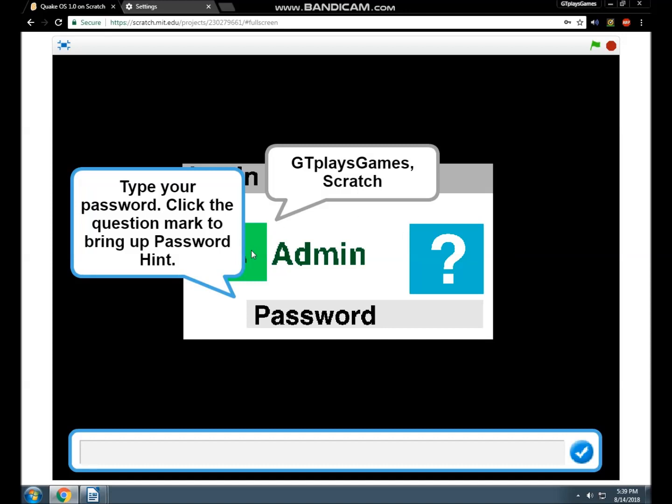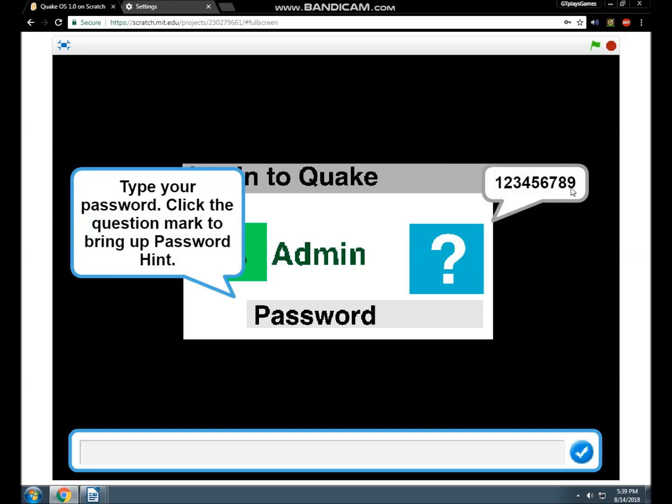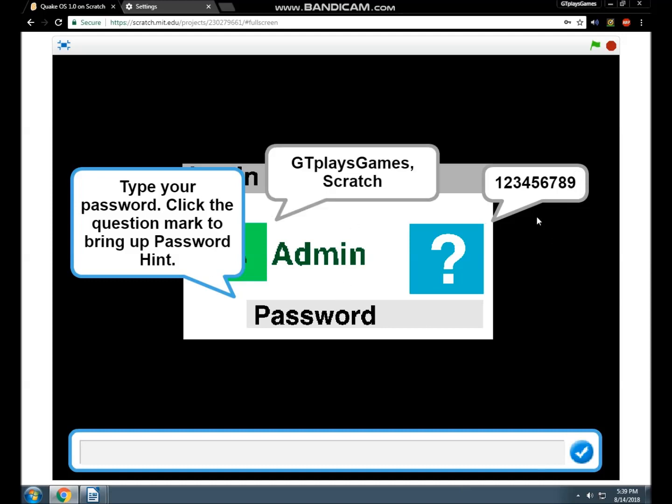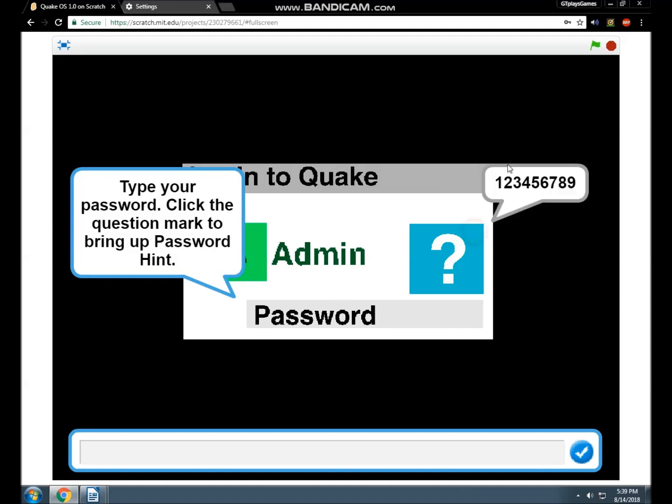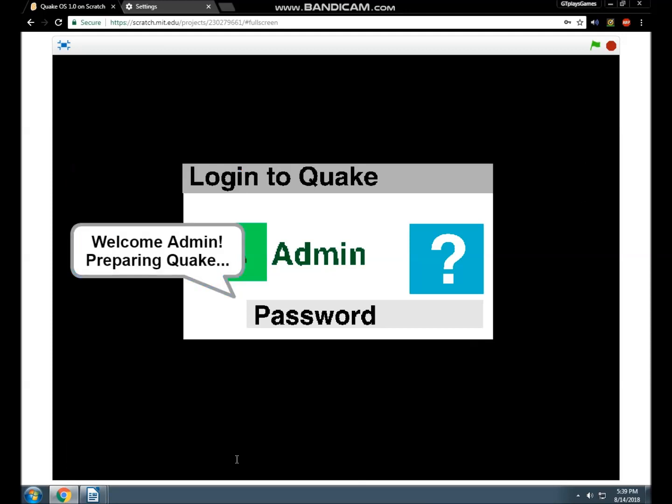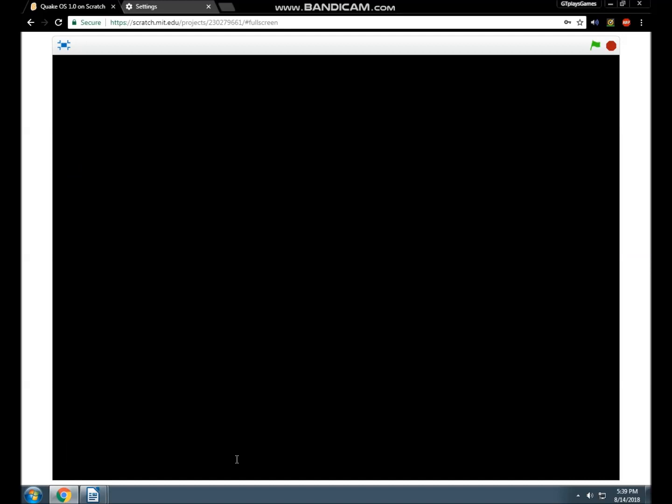So then, if you hover over the admin, it will show your username and your workplace. And then, if you click this, it will show your password hint. And it can be something else other than your actual password. You can have like, if your password is a bird, for example, you could have something that flies in the sky, and you could put that there. You click that, and you go like, oh, it's a bird. So then you put that there. But in our case, our password is 1 2 3 4 5 6 7 8 9. Click enter, and it welcomes you in.